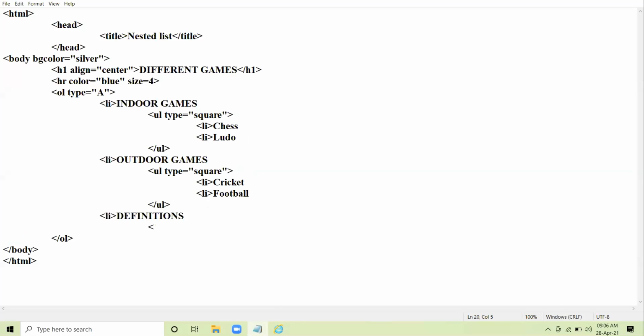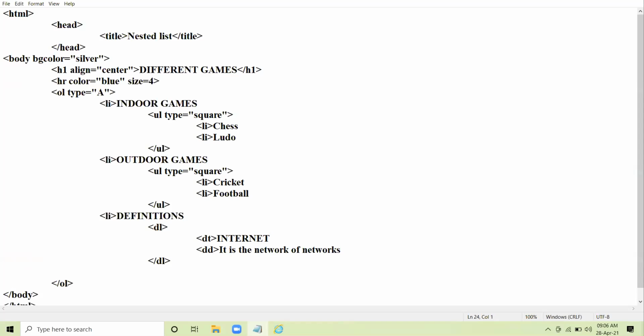So here I take the DL list, and in DL list I take the first tag DT, and I write one term, internet, and I gave its definition. It is the network of networks. Okay. And I close the DL tag.